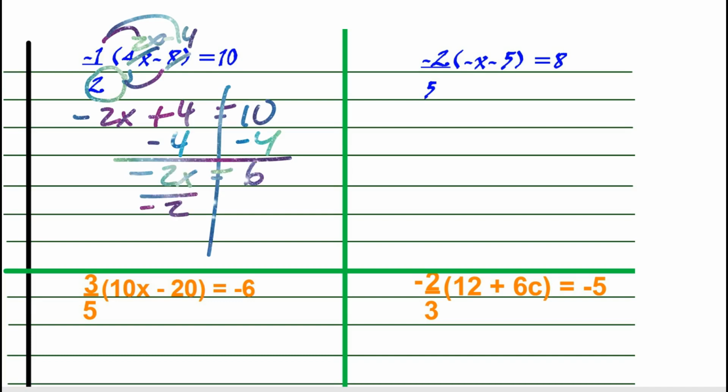Divide by negative 2. I'm going too fast. I'm sorry. Divide by negative 2, and we get x is equal to negative 3. I was about to say negative 6. Y'all heard me. Yeah, I was about to say negative 6. All right. If you didn't understand what I did,